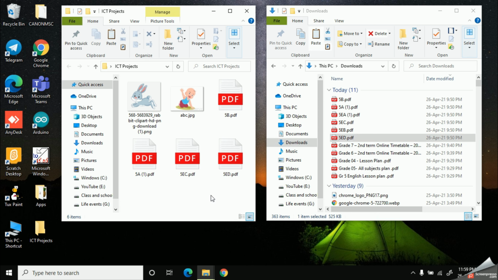Alright, now I am going to delete some files from this. To do this, you need to click on the file that you need to delete. And then let's right click on it. After that, you can give Delete.